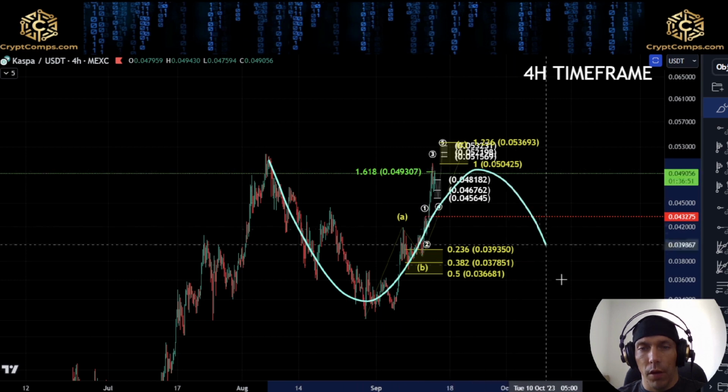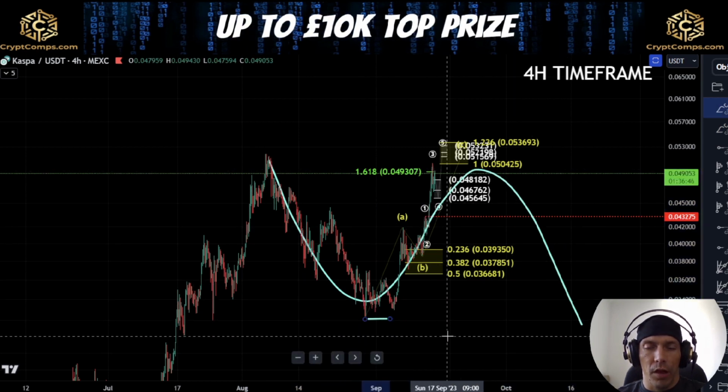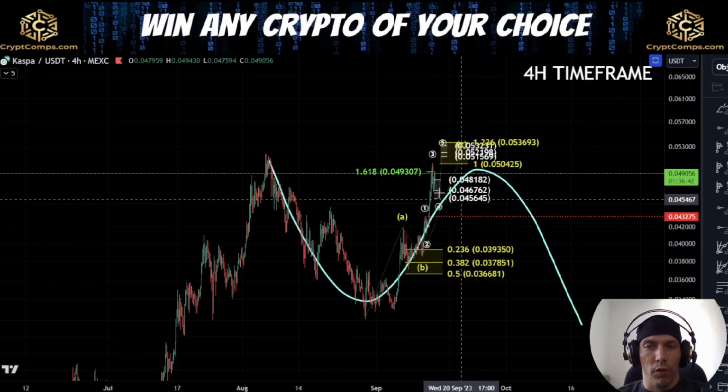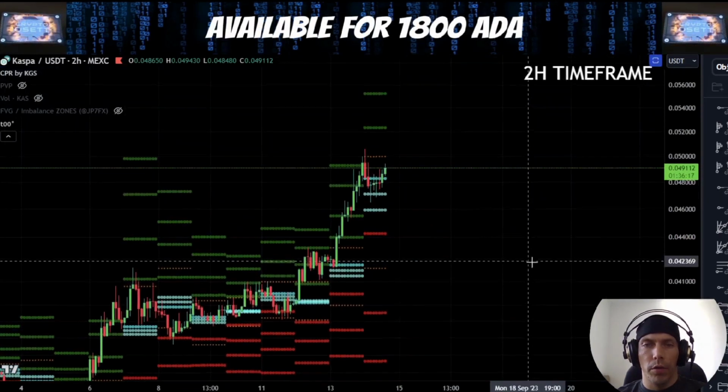Alternatively, we could see a smaller move down like this, where we just look to slightly break it and then look for a reversal after that point. So we're going to be watching these zones to see how we react. Coming in here and having a look at the daily pivots, what we can see is that we are currently